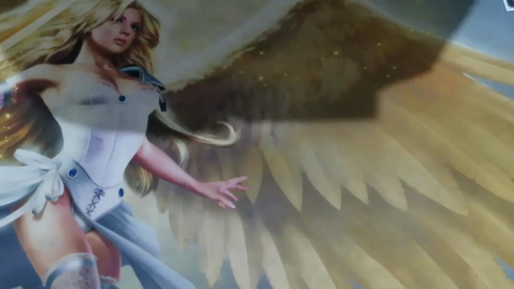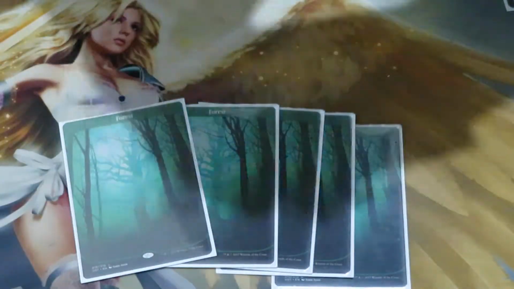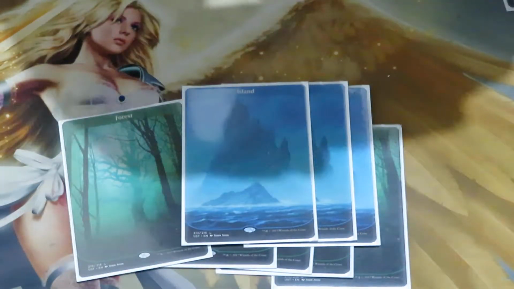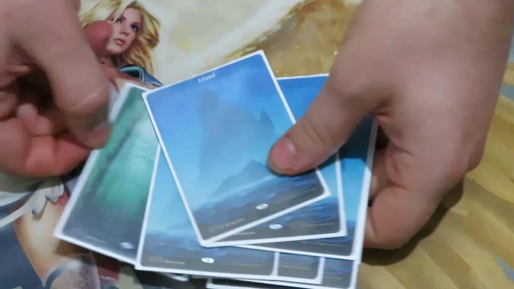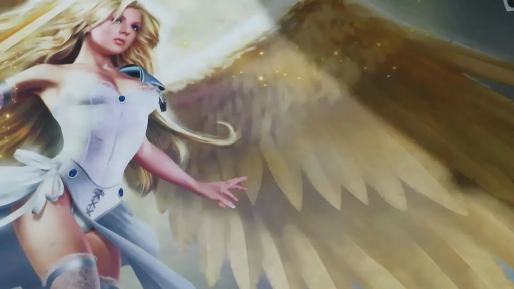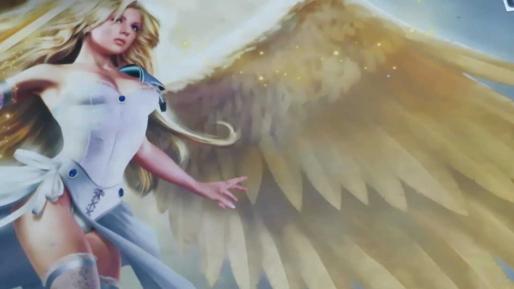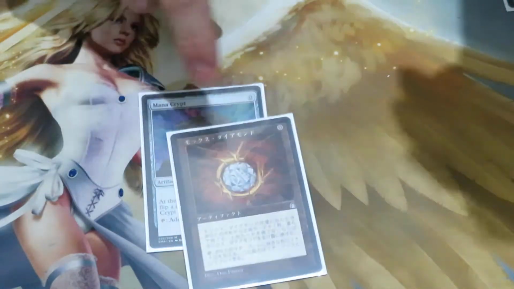And basic lands. I run 1, 2, 3, 4, 5 forests and 3, 6, 9 islands. Beautiful, beautiful Unstable lands. Oh my god, they're so nice. People complained a lot about them, but I always thought they were awesome. Anyway, mana ramp. Mana Crypt, Mox Diamond,